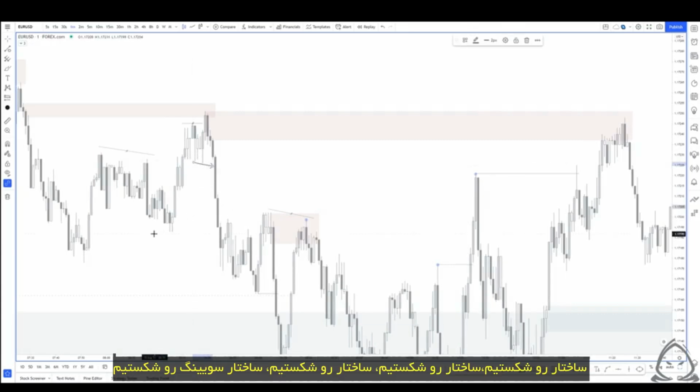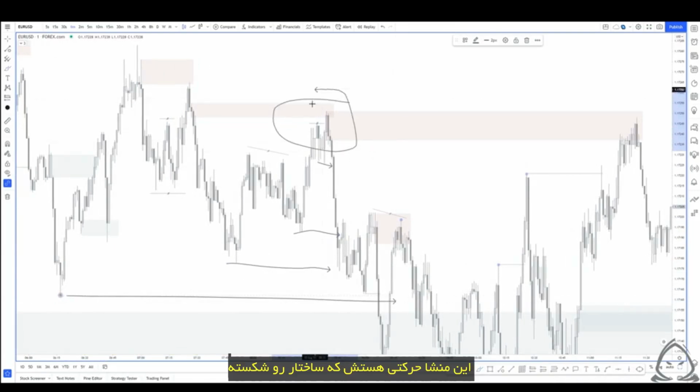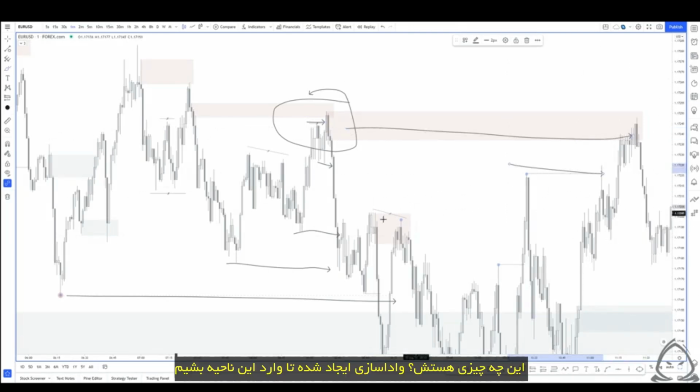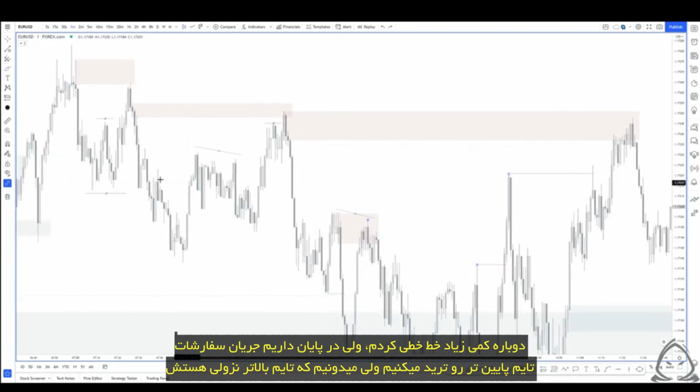You can see as we break structure, we break structure, we break structure, we break swing structure. This is that origin of the move that breaks that structure. We've taken liquidity, we tap into it, and then we continue. What does this end up being? This ends up being more of inducement to this tap into that zone. Getting a little bit messy with my lines there, but at the end of the day, again, we're trading lower